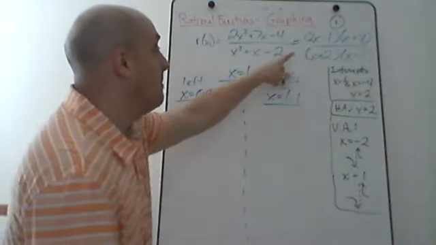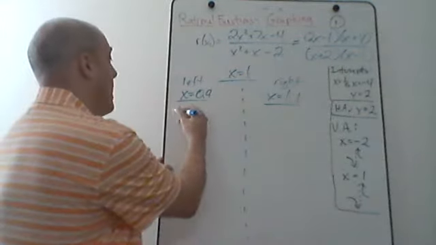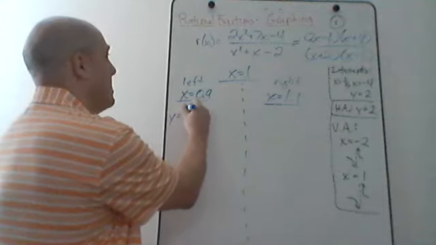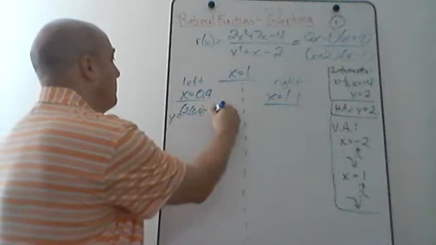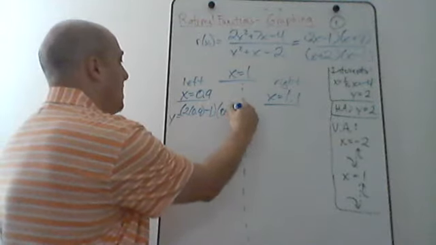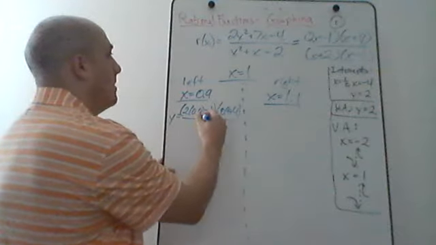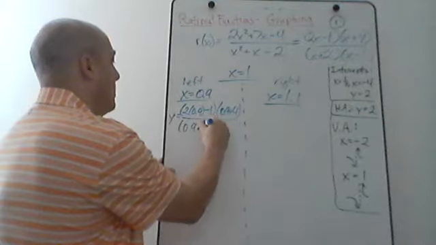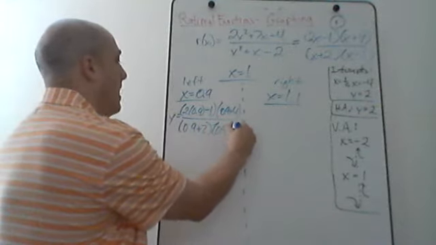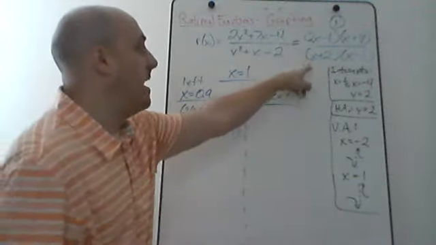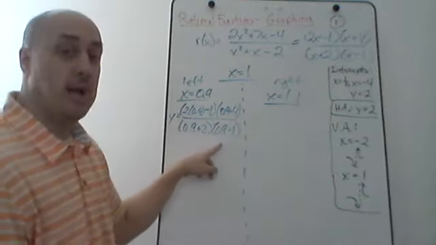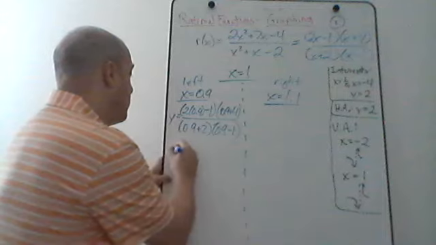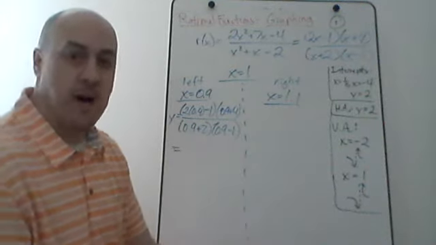All right, so to do this, I'm going to use that factored form that we already have. My y value is going to equal (2 times 0.9 minus 1) times (0.9 plus 4) over (0.9 plus 2) times (0.9 minus 1). I go to my factored form and for every one of those x's, I put x equals 0.9. And once again, all I'm concerned with is, is this going to give me a positive or a negative